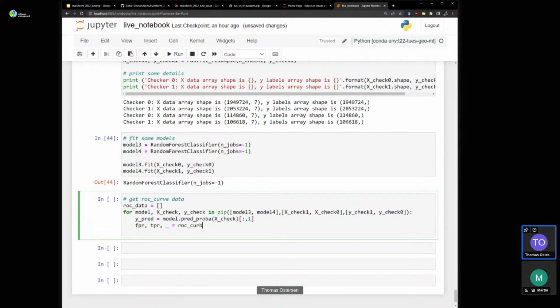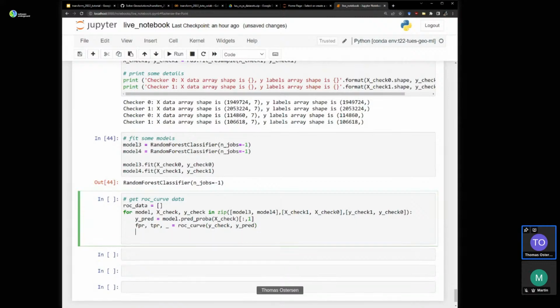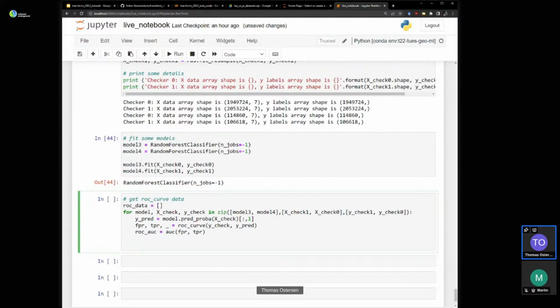ROC curve Y check, Y pred. ROC AUC, area under the curve. AUC, FPR, false positive rate, true positive rate. And let's append all this as a tuple to the list. ROC data append FPR, TPR, ROC AUC.